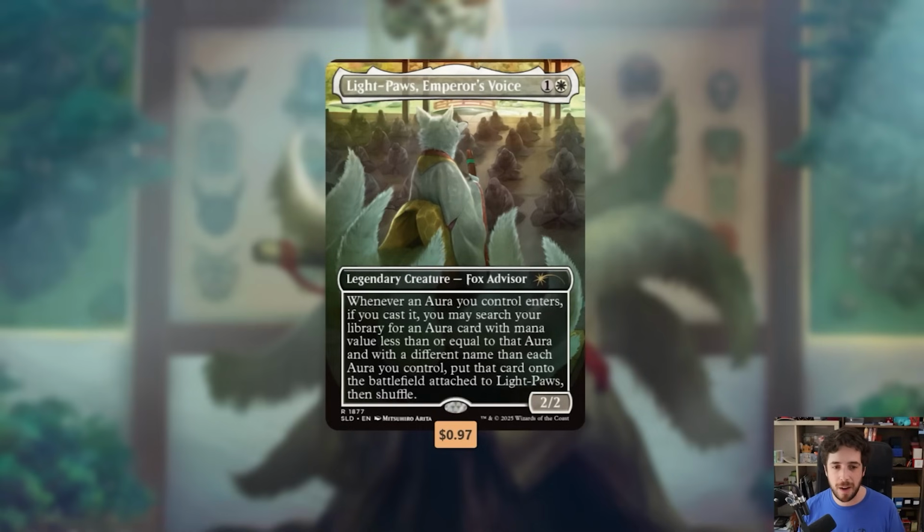This is an Aura Voltron. Whenever an aura you control enters, if you cast it, you search your library for an aura card with mana value less than or equal to that aura with a different name than each aura you control, and you attach it to Light-Paws. So whenever you cast an aura, essentially, you get to tutor up another aura for free and put it directly onto the battlefield. So it's a tutor, it's card advantage because you just double up on every spell you're doing, and it's mana advantage because you don't have to spend mana to cast it, it just goes directly onto the battlefield. So obviously, this is bonkers on a 2-drop,